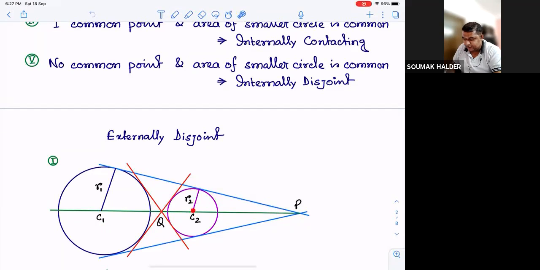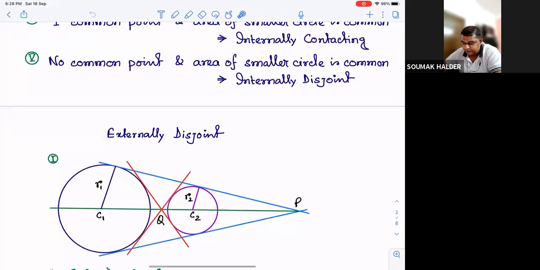Moreover, if we think of this triangle, P, contact point with the violet circle and center C2, and also the triangle P, contact point with the blue circle and center C1, these are both similar right triangles. We know that over here this angle is a right angle, over here this angle is a right angle. So these two are similar right triangles, and hence corresponding sides will be in the ratio R1 is to R2, as already two of the sides are visible in the ratio R1 is to R2. So we can confirm C1P is to C2P is R1 is to R2.